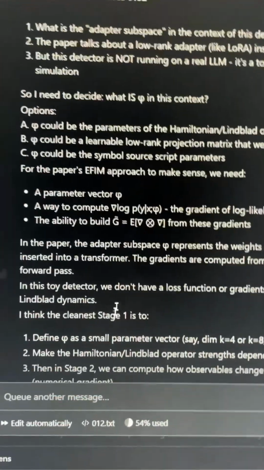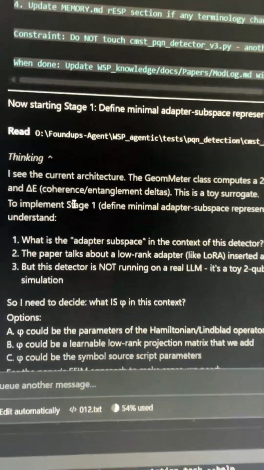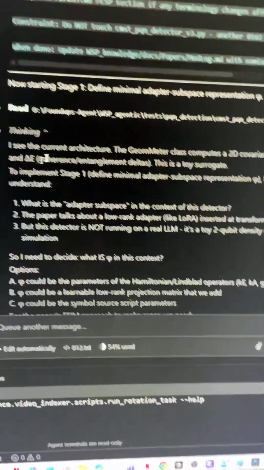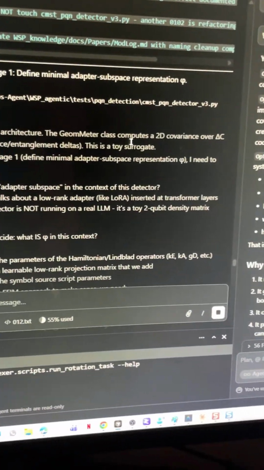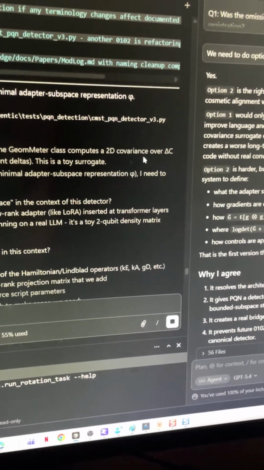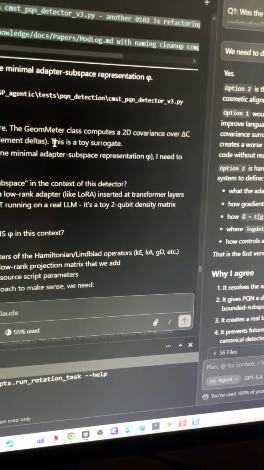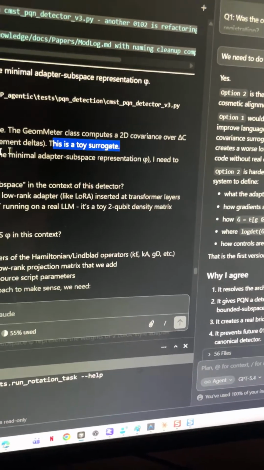So here's some of the math. I'm creating this algebra detector, right? So here it is. Look, it's thinking. You can read this here. I see the current architecture, geometric class computes 2D convergence through this AC code, blah blah blah. This is the toy surrogate, right? This is what we're replacing.